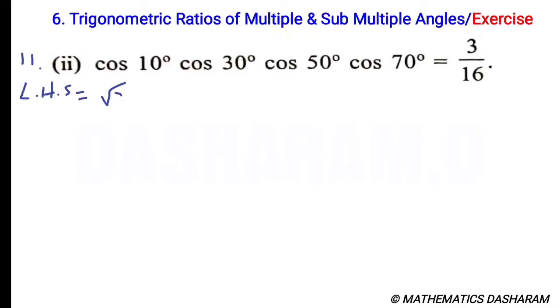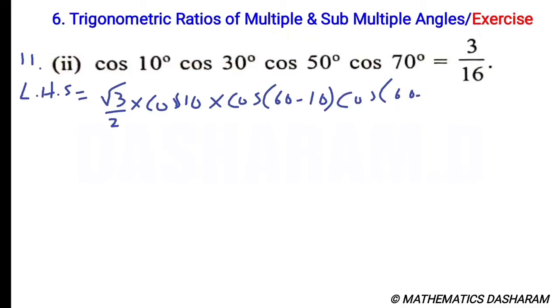Its value is root 3 by 2, into next, cos 10 degrees into cos 50 degrees, we can write as cos(60 minus 10), and cos 70 degrees equals cos(60 plus 10). So it is equal to root 3 by 2 into cos 10 degrees into,